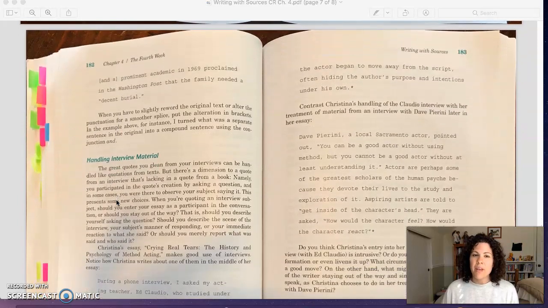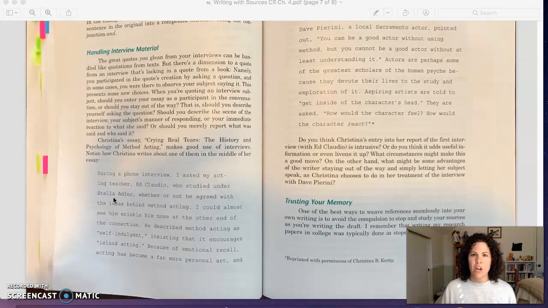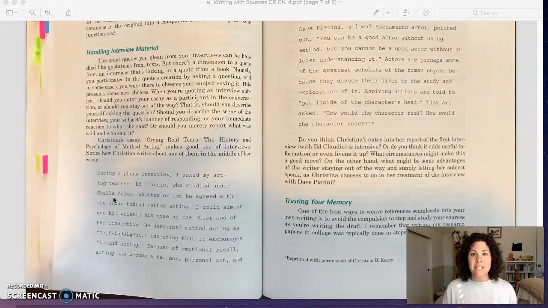And then, of course, if we have interview material, we want to be able to use it just like we would any other type of research, but it might want to be pulled in a little bit differently. You probably want to explain, like, during a phone interview, or I emailed this professor and he responded saying, right, and then giving that information. So the interview material will look a bit different, because you want to say that this is an interview that I created, and we'll have that in our works cited as well. But it is important, if you did the interview, absolutely put it in there if you feel like it's going to help your paper overall.